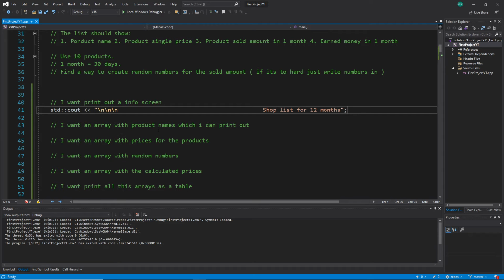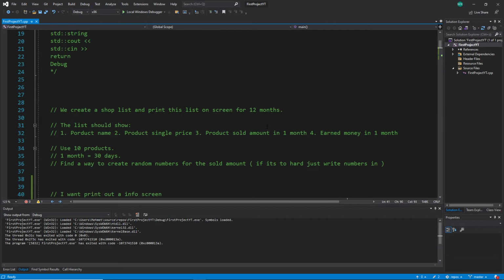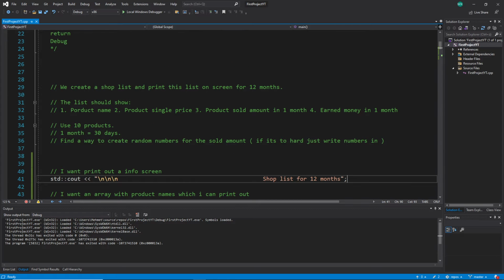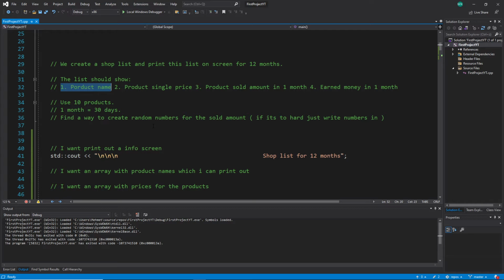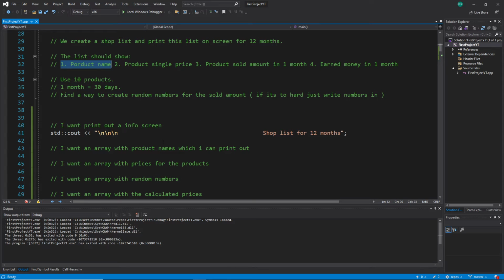That's set. So the next point is I said I want an array with product names which I can print out. That is this part 1 here. So we finished this other part, and now I want, and how I'm doing this. And we learned we just create an array, and how we create an array we know exactly. We use an, I will go there in a moment, but one more thing before we create an array,